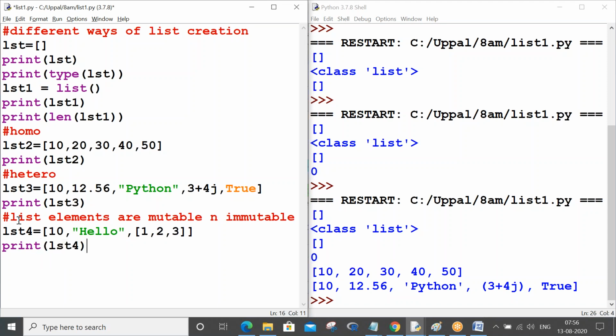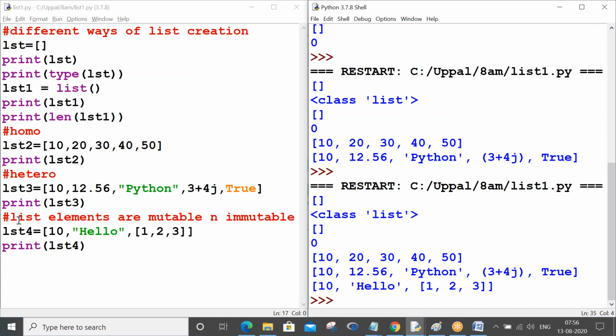It can store mutable as well as immutable elements. So just take this quickly.